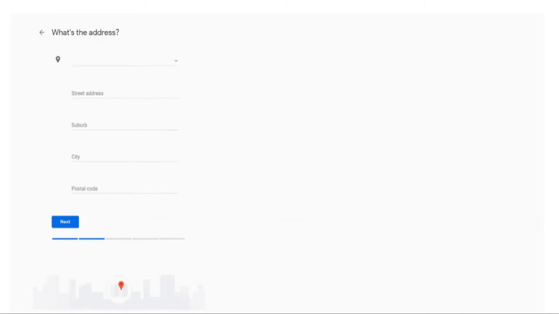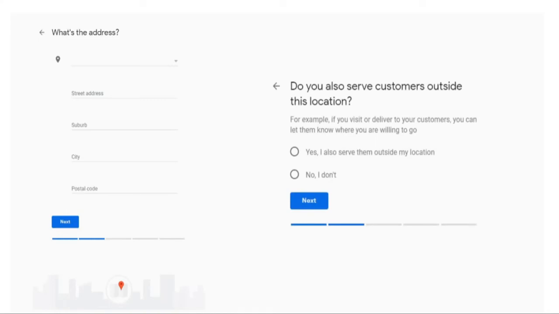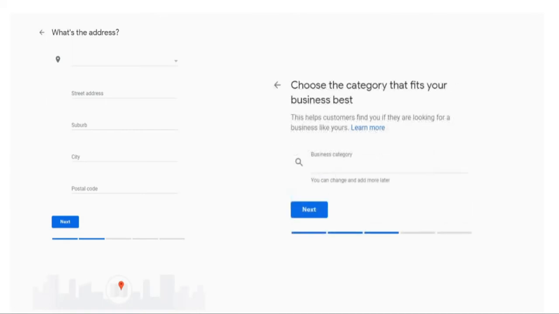If you choose the option to include a location, you'll be asked to input your address, and obviously you need to make sure it is 100% correct. If you are within an already claimed area, for example in a business park, then you may not actually be able to claim your address. You would also select if you service people in other areas, and then if so, you can include those areas. And then you would select a business category. All this info is editable, so if you make a mistake, it's fine,